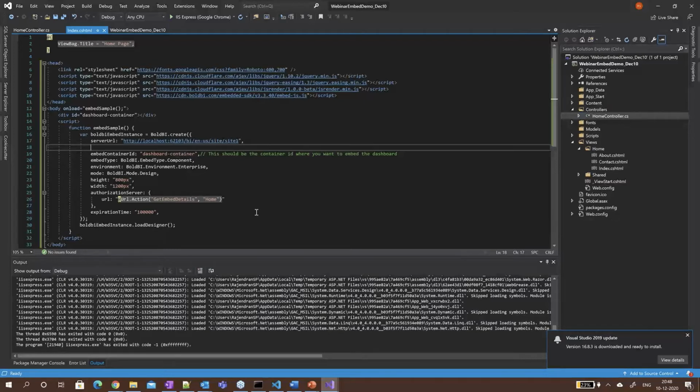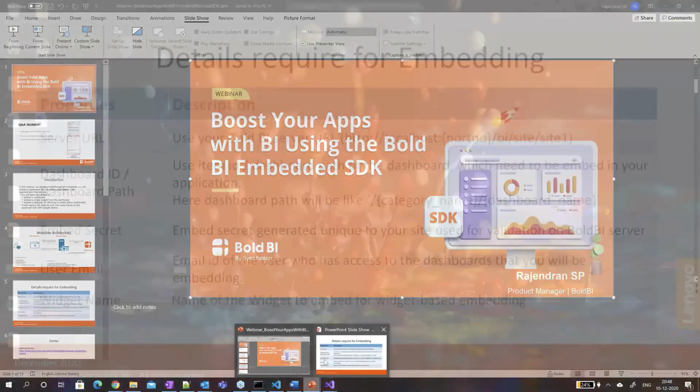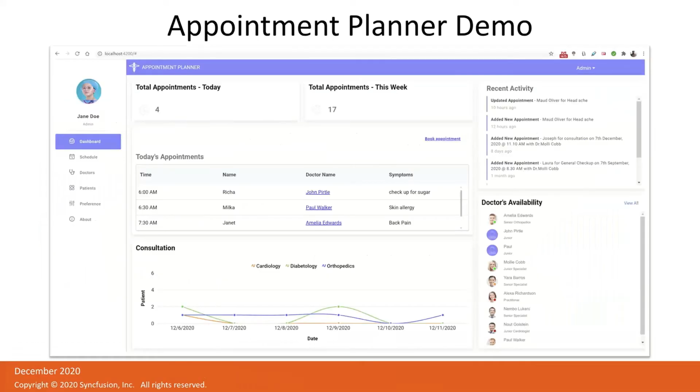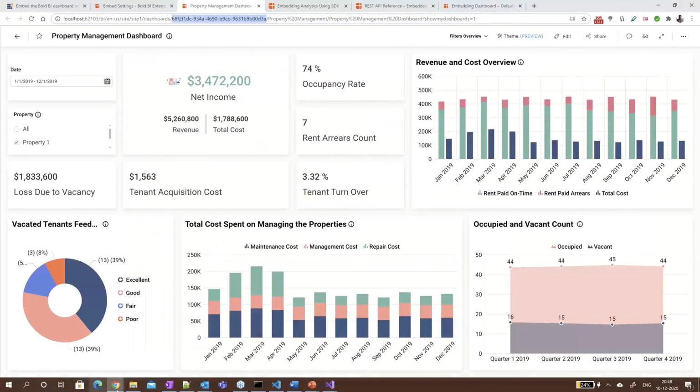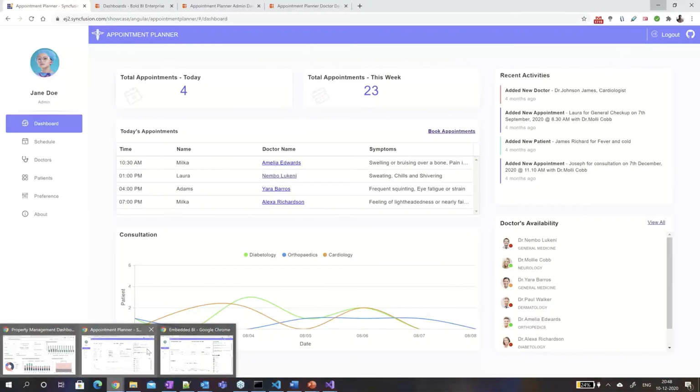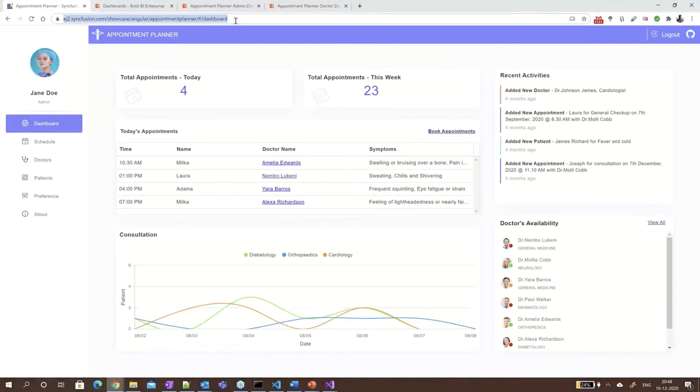Next, we'll see about the appointment planner app. This is a showcase application we have for the EJ2 controls.